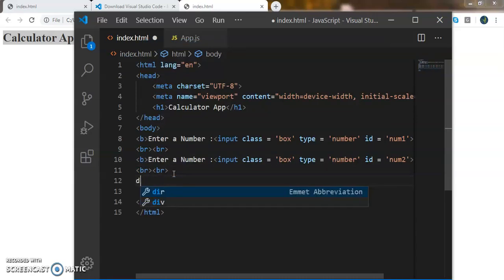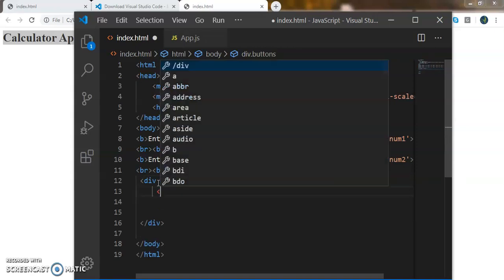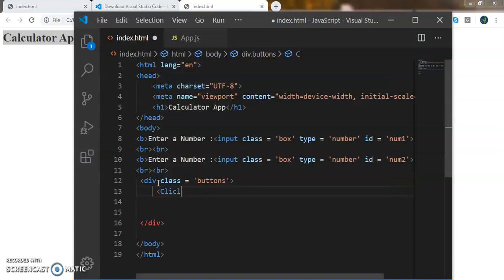Then start a separate division for the buttons. Let's give the class name, let us say buttons. Then we give a text with the operator.